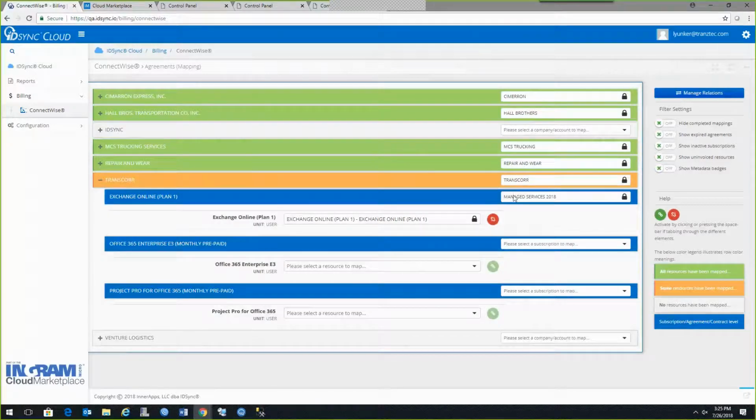You'll see that I already have one of my relationships set up. I've already picked TransCore as the company. I've already picked for this Exchange Online plan, it is getting posted to Managed Services 2018. And for the Exchange Online plan, there is one billable resource, one thing that's getting billed for the Exchange Online subscription, and that one thing is the base license, which is being licensed on a per-user basis. And I'm mapping that to something called Exchange Online Plan 1 off of the